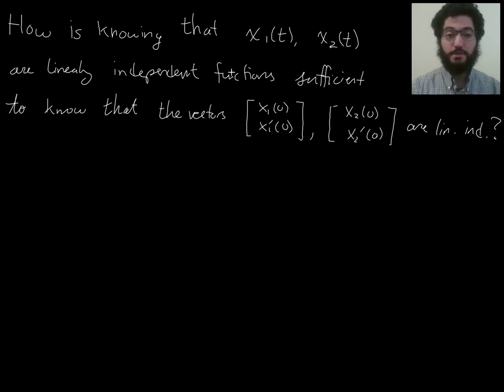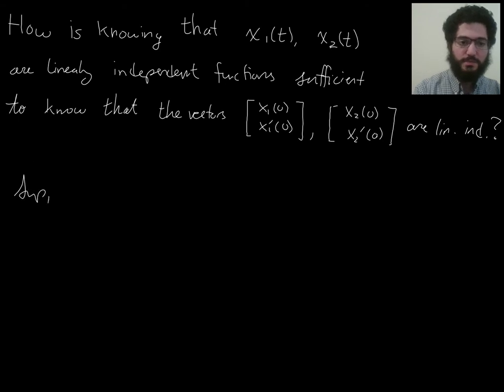So the other direction, going from knowing that the columns are linearly independent to knowing that these functions are linearly independent, that's pretty easy to establish. And in fact, I don't think that's what we need anyway. So I'm going to focus on the harder and more needed direction of things. If we know these functions are linearly independent, then we will know these column vectors are. So here's the answer. Let's suppose